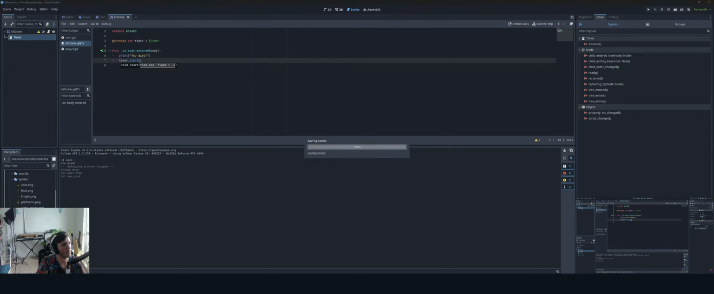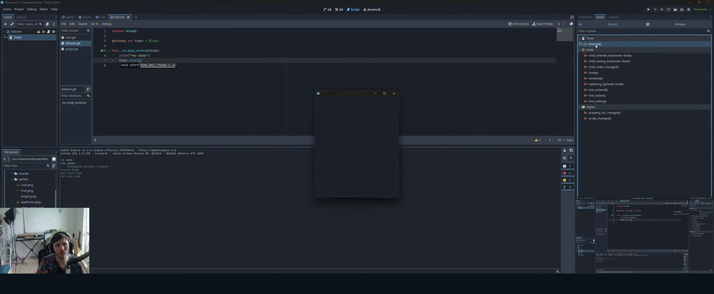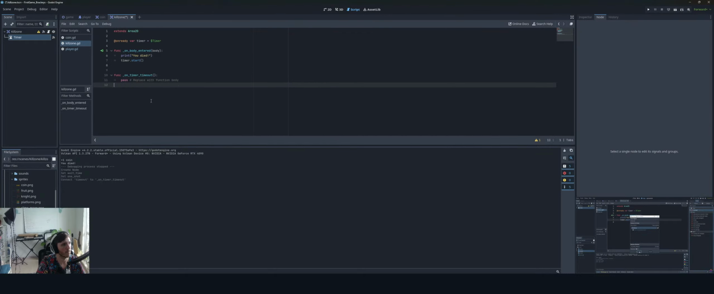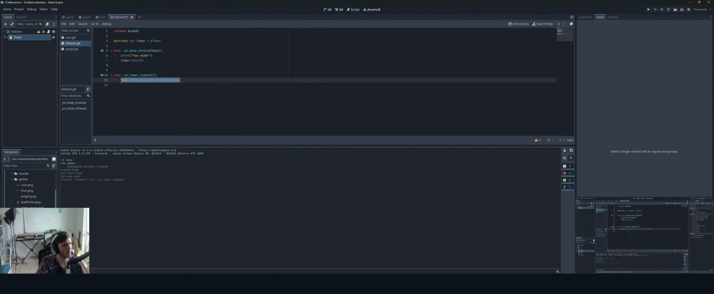So with our timer node selected, let's go under node, and here's the timeout signal. So let's double click that and hit connect. And this creates a new function called onTimerTimeout that runs when the timer ends. And then in here, we can simply restart our game. To do this, we first access the scene tree, so get tree, and tell it to reload, so reload current